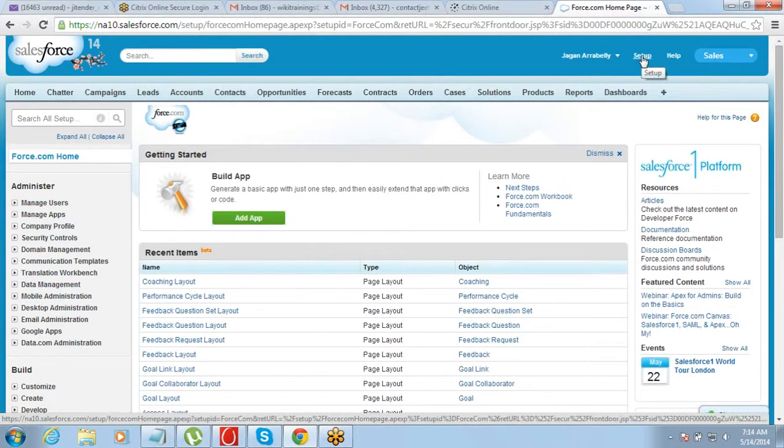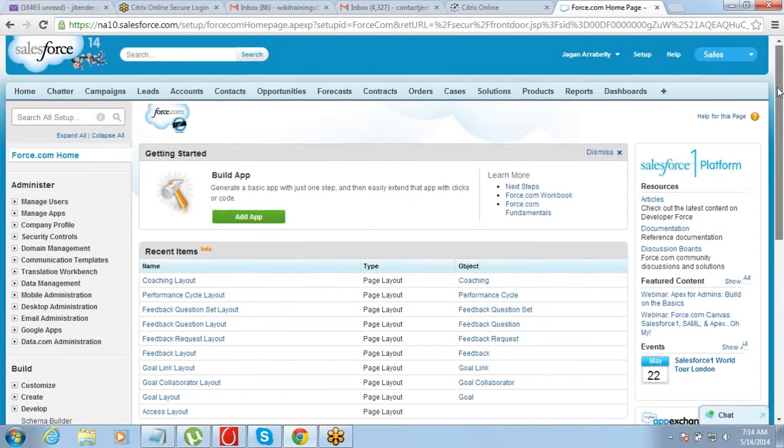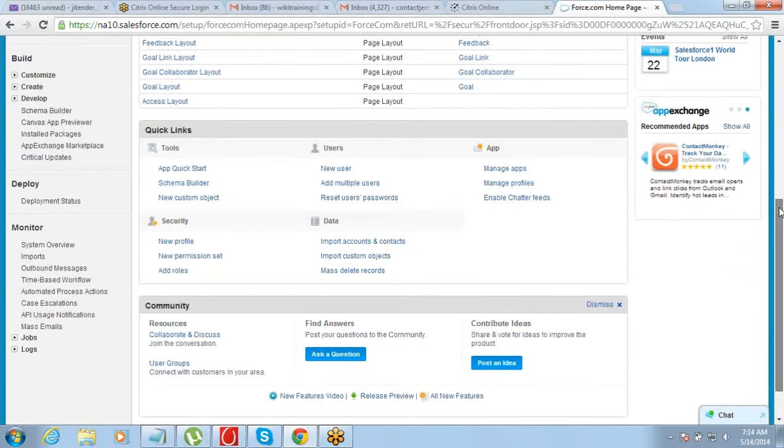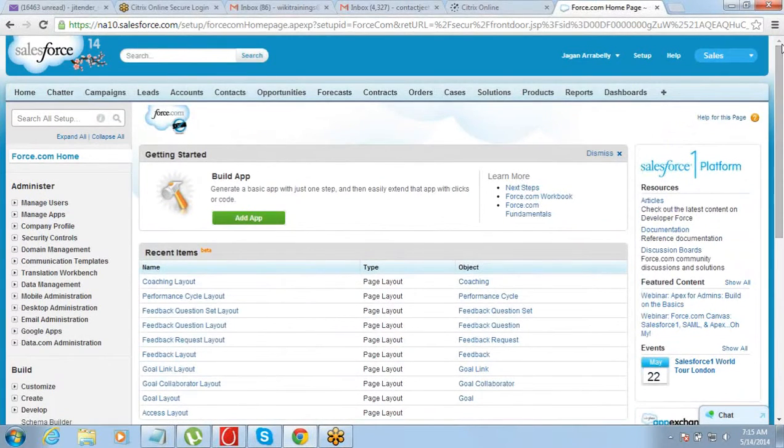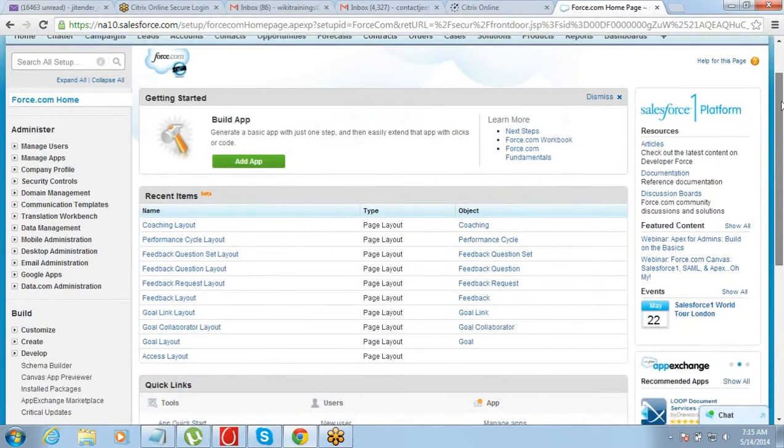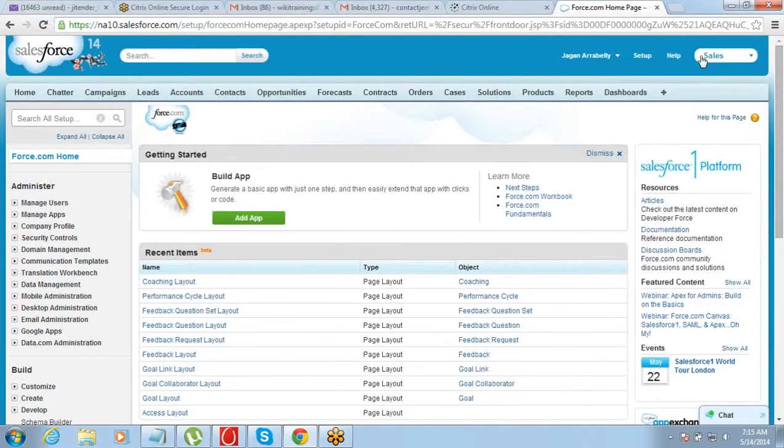The moment you click on setup here, you see the complete menu on the left hand side. Right. So that's the setup menu.